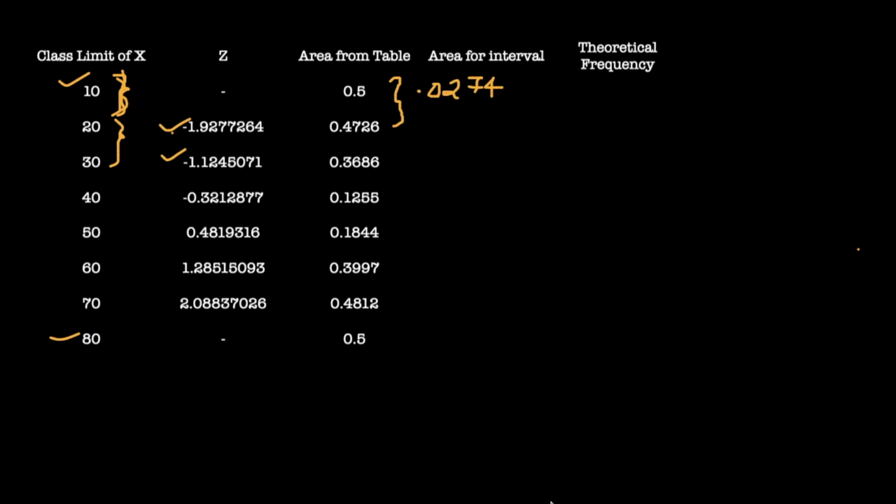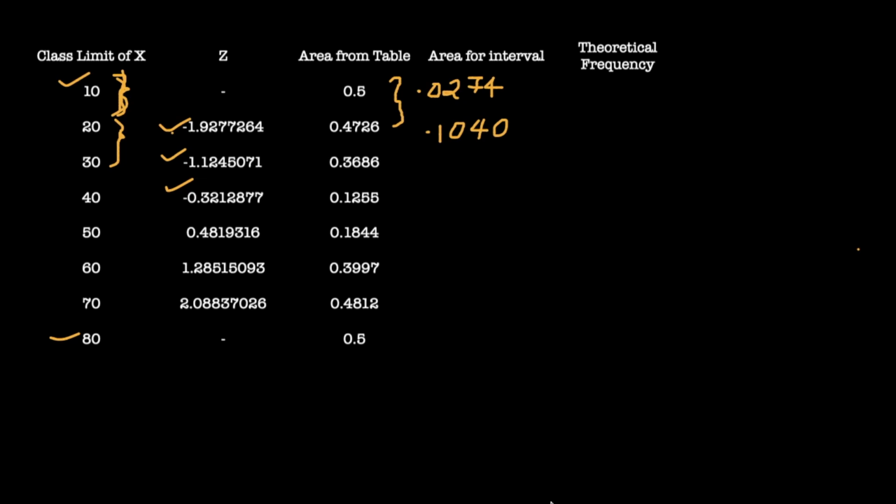If you have any doubt, you can just rewind and see why it is done. So this value will be 0.1040, and next is between 30 and 40, right? Between 30 and 40, again here we have two negative signs. Again we have to deduct it, since it is on the same side of the curve. We have to deduct, right?